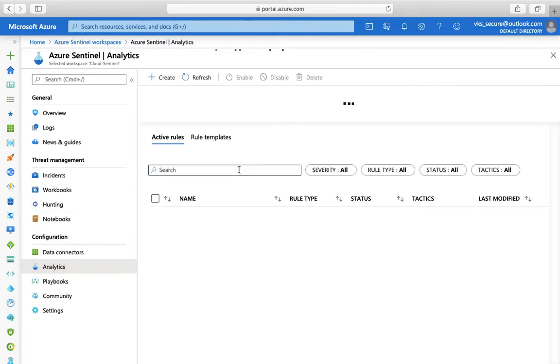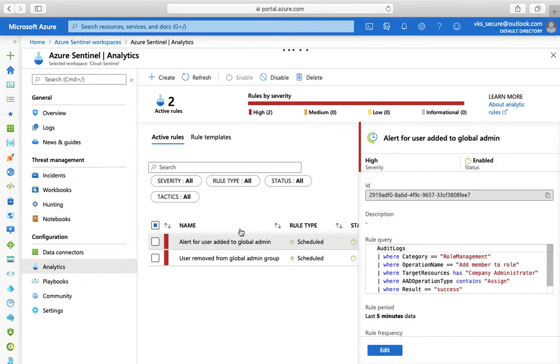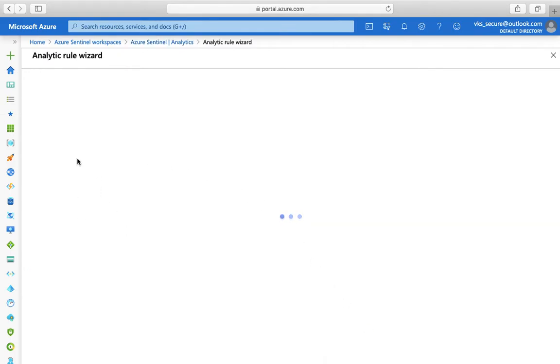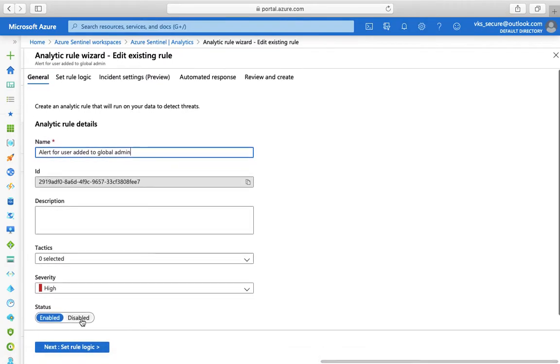Then you have the analytics tab, where you can create your query on the basis of which you want to create an incident. You can link the playbooks with these queries. If you open up this particular alert, or click on edit, you can basically merge the number of rules, and then you can